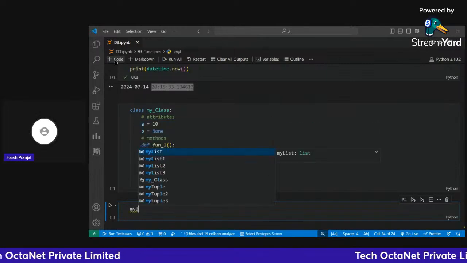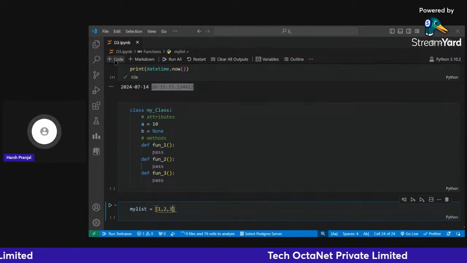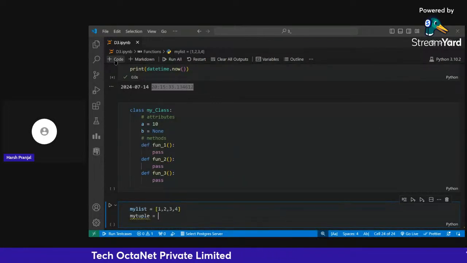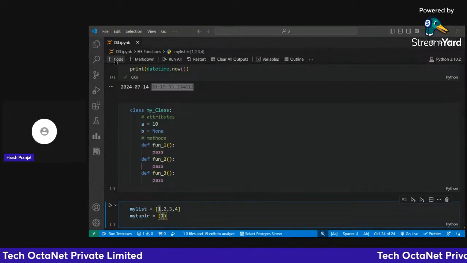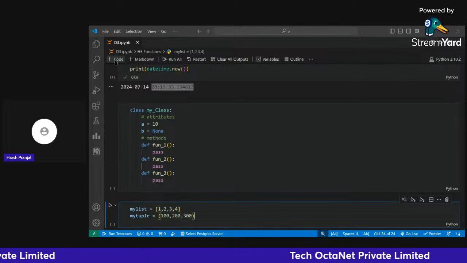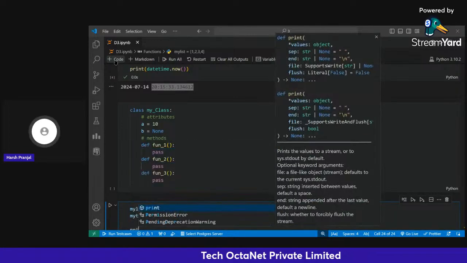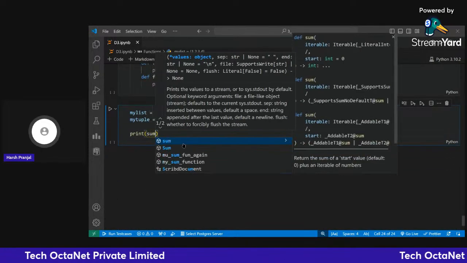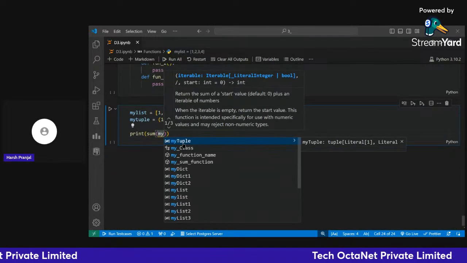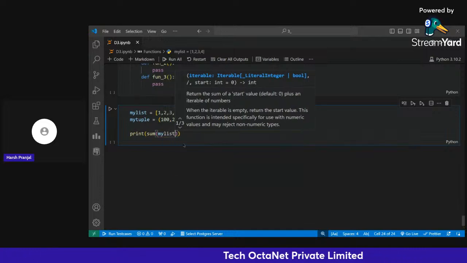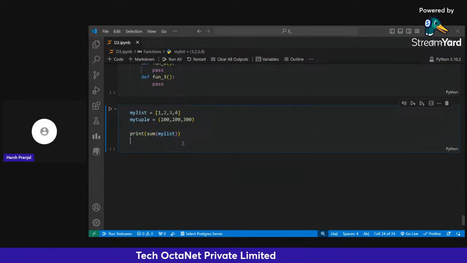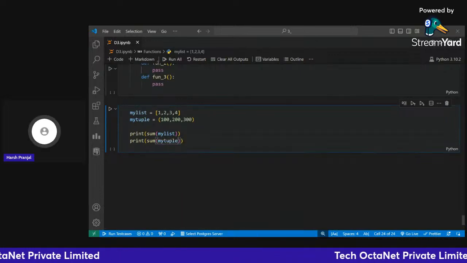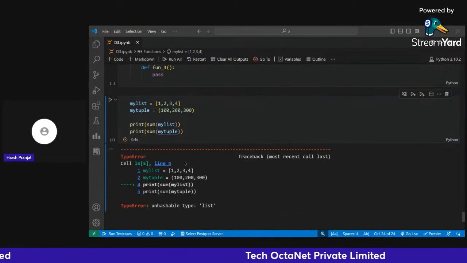I have a list with values 1, 2, 3, 4, right? And I have a tuple with values 200, 300. If I print the sum of my list, and if I print the sum of my tuple, see,